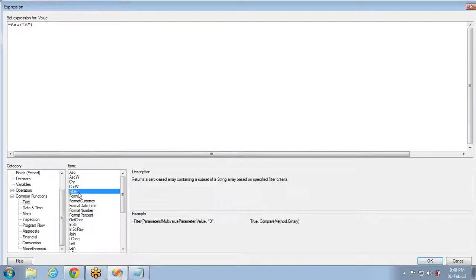And Filter. If you want to filter some values, then you can use this. And Format, if you want to format to long date. This is the best example, you can try it. Global execution time will return the time at which the report is executed. You can format it to either long date or short date. You can provide the value like this in the second expression. And FormatCurrency, if you want to format the currency with some decimals and so on.